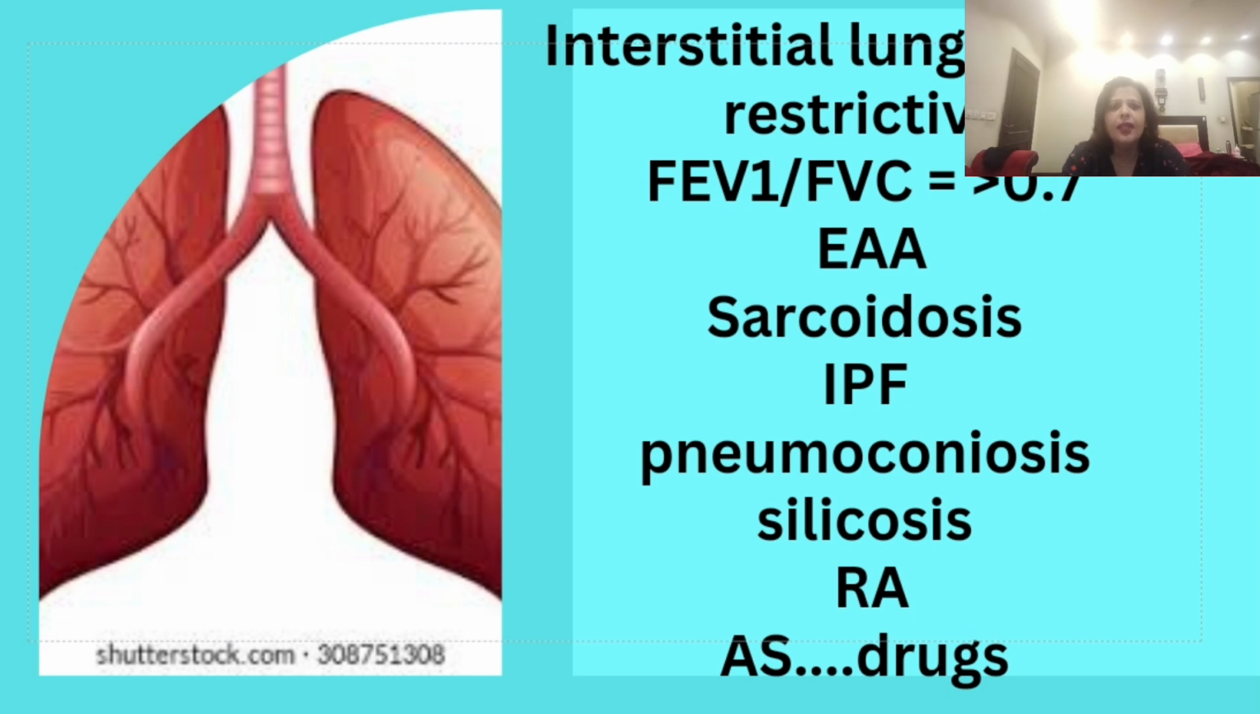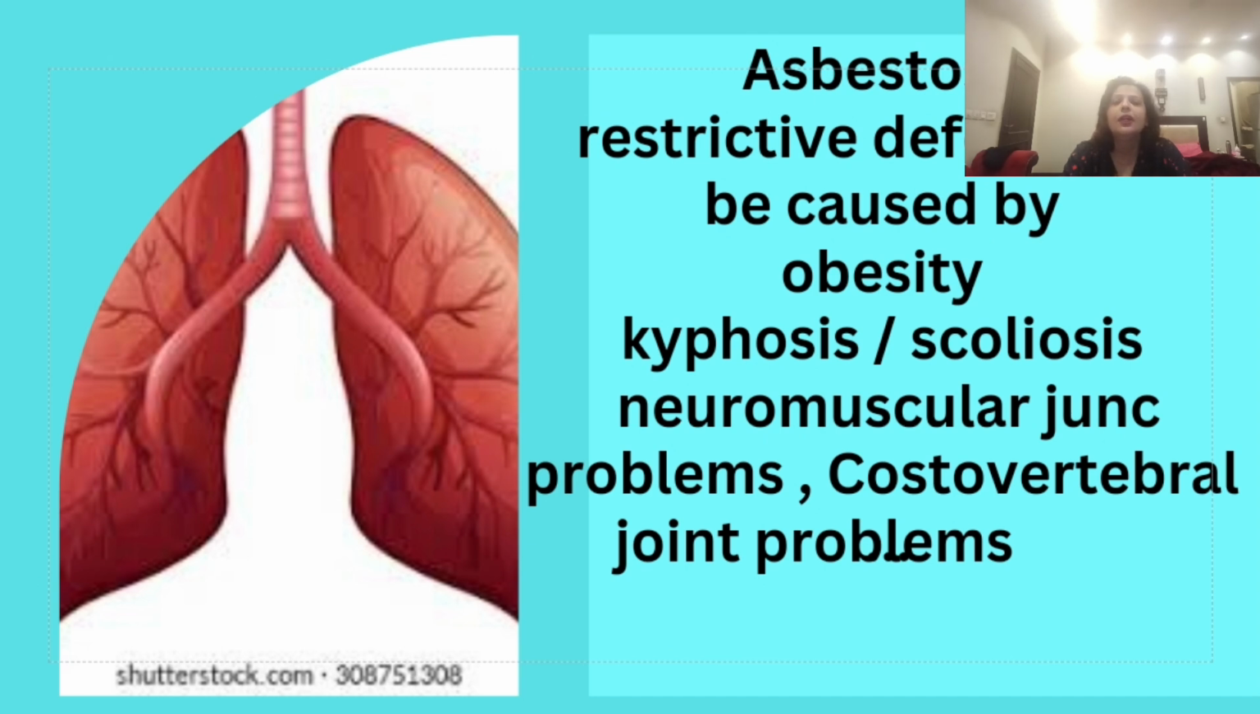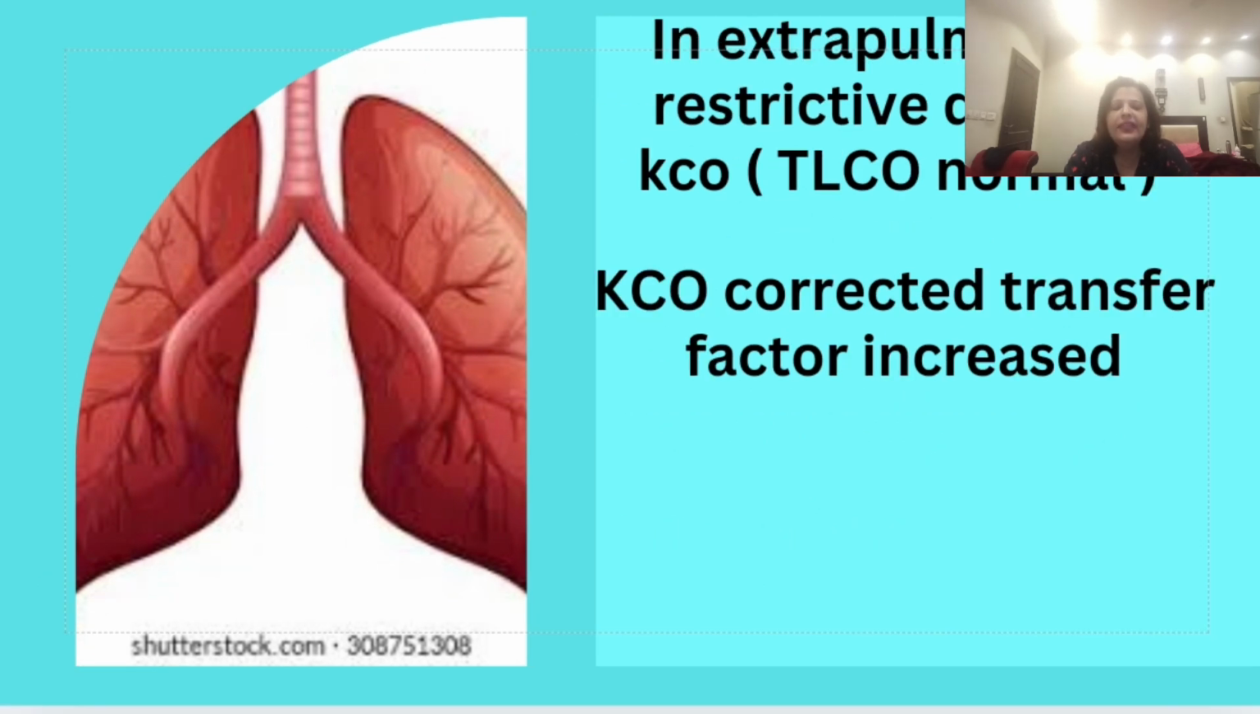But the important thing is that we need to know that there are certain conditions in which there is a restrictive pattern, but the lungs are not the reason for that restrictive problem. It can be obesity, kyphoscoliosis, ankylosing spondylitis, or any neuromuscular junction problem. All these things can cause dyspnea, and they can restrict the lungs from expanding, but the lung function is usually normal. So the FEV1 over FVC ratio is greater than 0.7, but if we calculate transfer factor, that